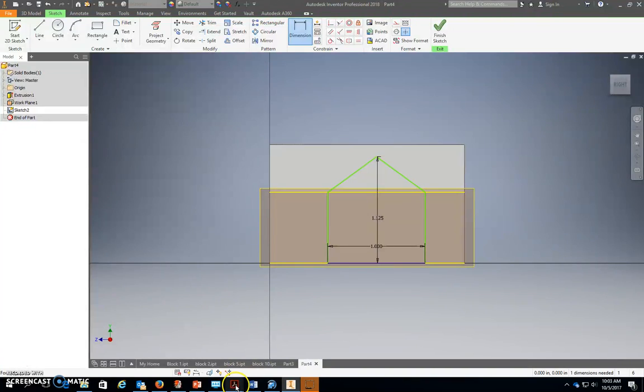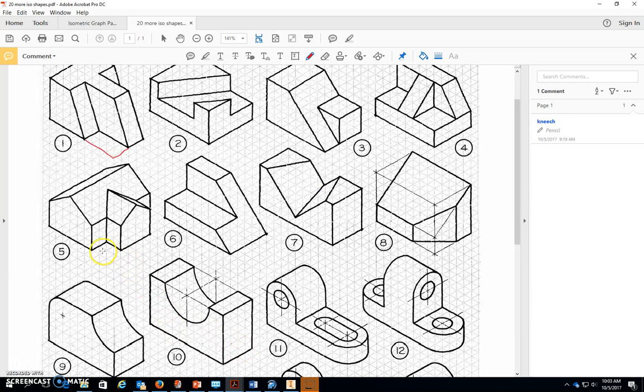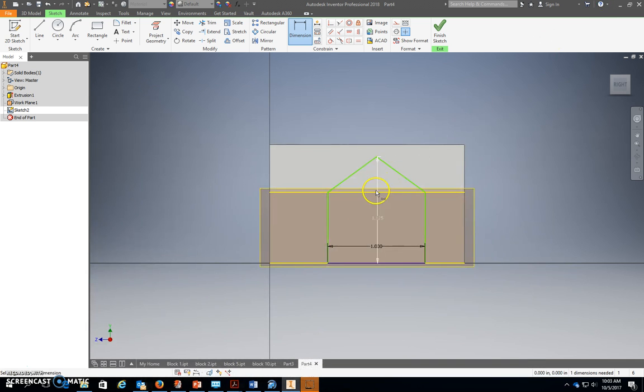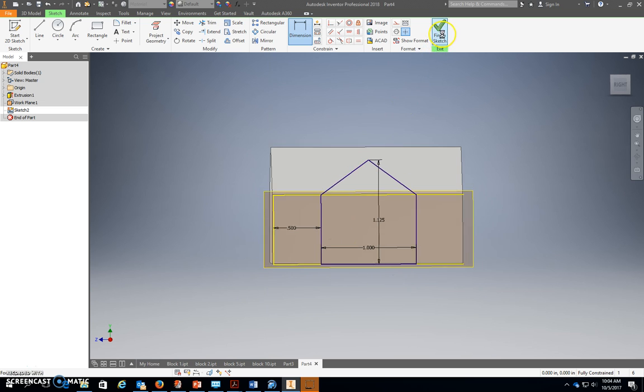And then finally, now we have the right profile, but we don't have the location of this yet. And so we need to locate that. And by locating, I mean, where is this profile along the direction right to left? Well, it's a 1/2 inch from this corner right here. So it's 2/4. So then I'm going to use the dimension tool. I'm going to click on this line and click on this line and make that 0.5. Now notice now everything is fully constrained. Now once you're all blue, then finish the sketch,